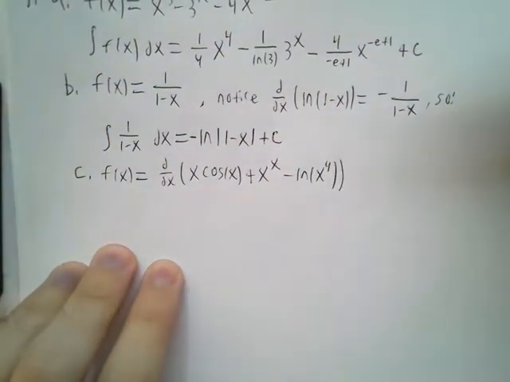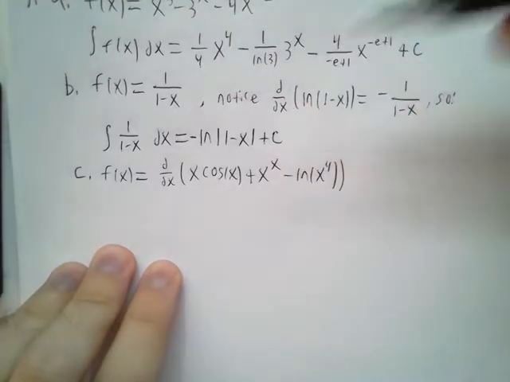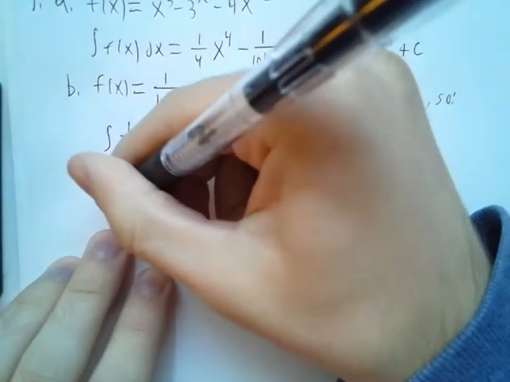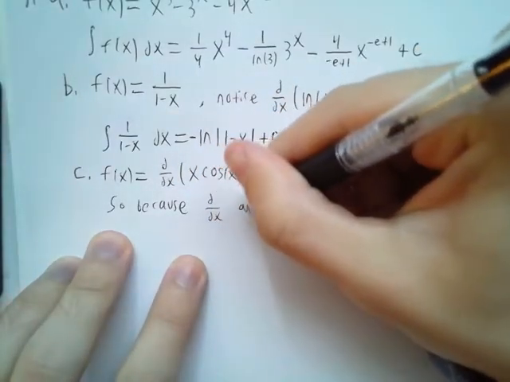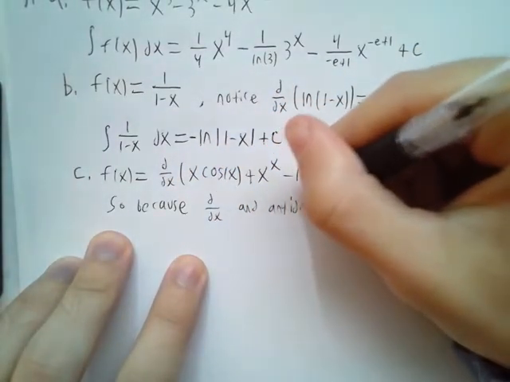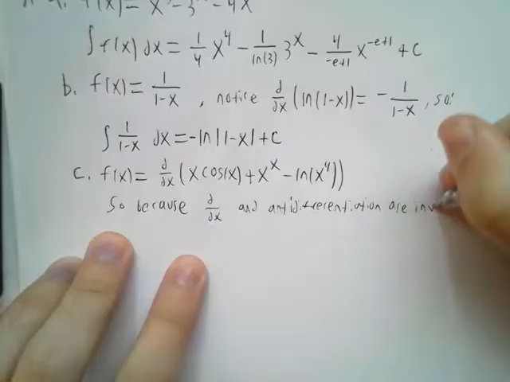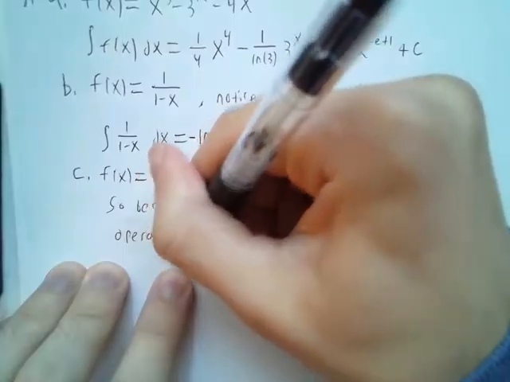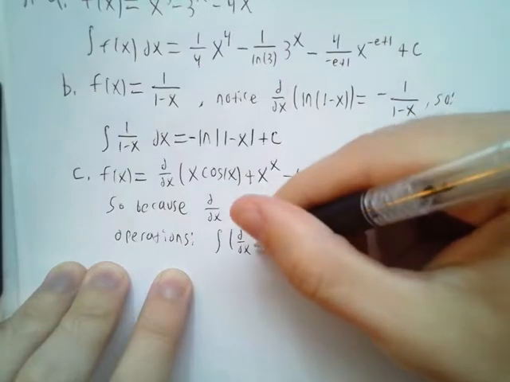So if we want to find an antiderivative, it's actually fairly straightforward because derivatives and antiderivatives are inverse processes, so the antiderivative of the derivative gives you back the original function up to an unknown constant. So because d by dx and anti-differentiation are inverse operations, we have that the antiderivative of this derivative